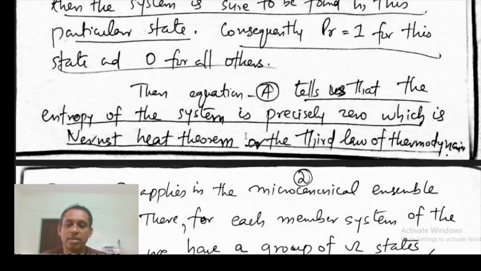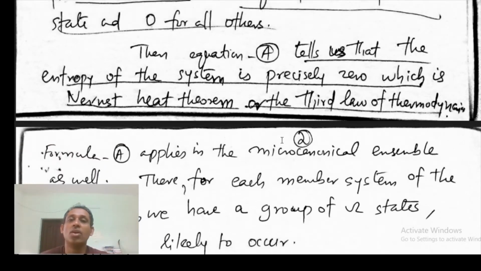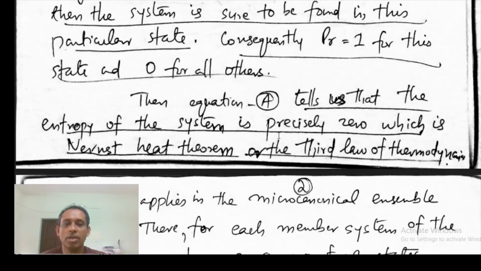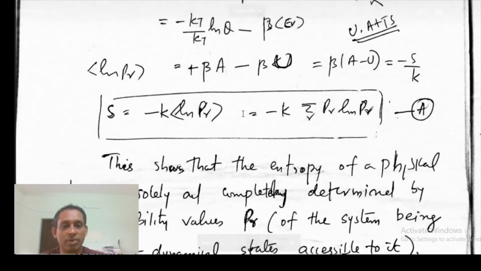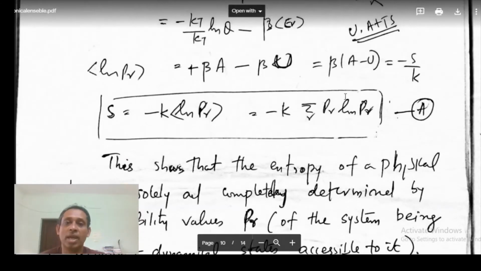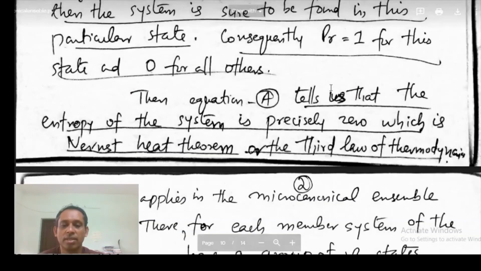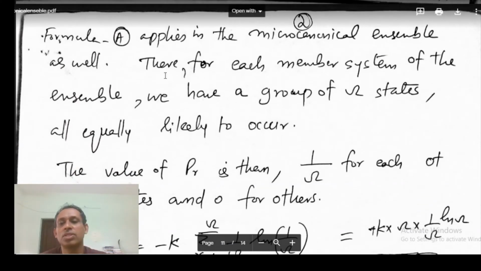Okay, this is the Nernst heat theorem, or the third law of thermodynamics. Now this formula that we have written here, we derived for the canonical ensemble. This is applicable to the microcanonical ensemble as well. Okay, there, for each member of the system of the ensemble,